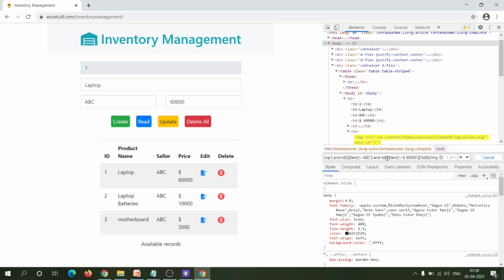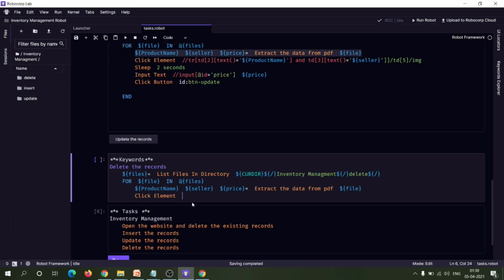So you can generalize the XPath in such a way that it can click the delete button corresponding to the given product name, given seller name and given price details. So let me copy that here and paste it here. Now let's change the given values, that is product name, seller name and price details, into variable parts.